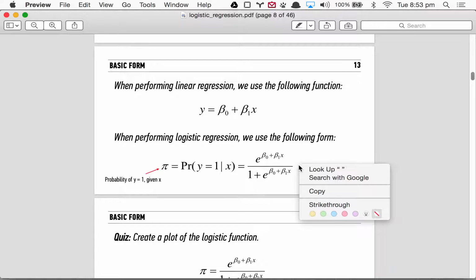If we look sort of back at the sigmoid function, we have some 1 over 1 minus e to the x. If we multiply both sides by e to the minus x, we get e to the minus x, minus e to the minus x times e to the x. This is just going to be e to the minus x over e to the minus x minus 1. And if we take the log of both sides, if I recall correctly,